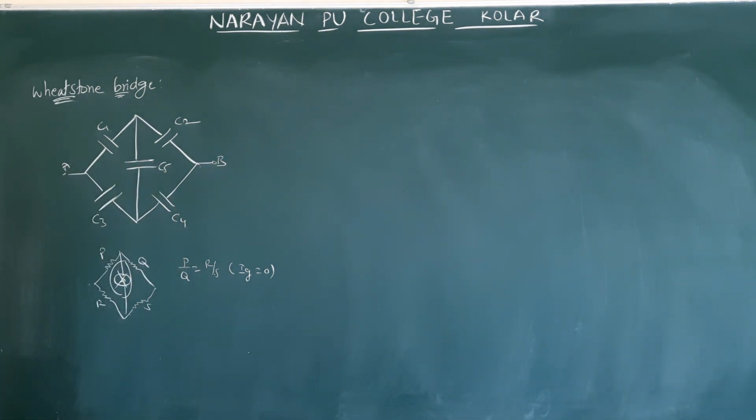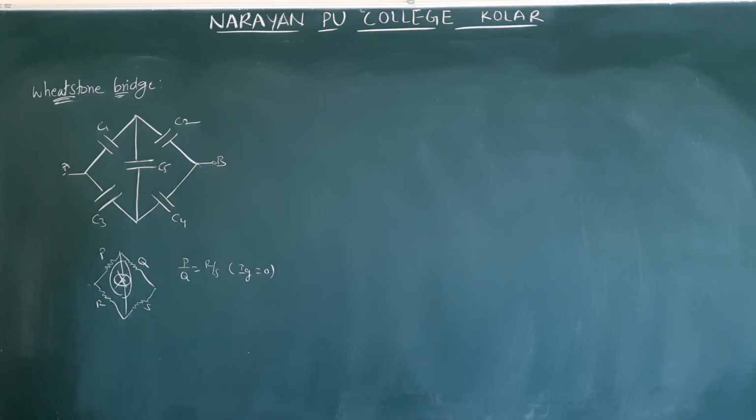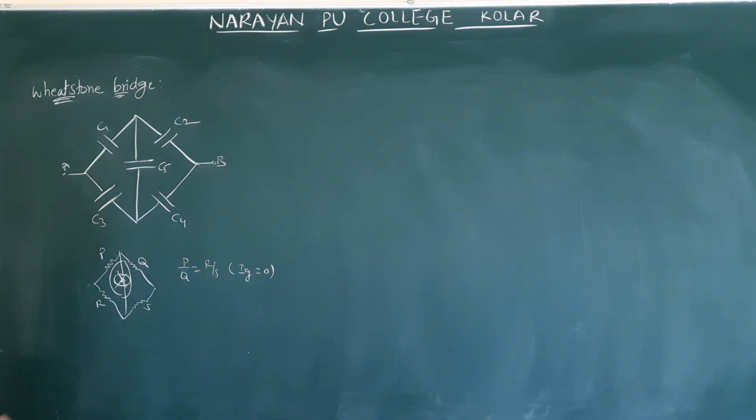We are going to see the problems. But before solving the problems, you should know the different forms of Wheatstone bridges. We will see it like this only, but there will be many forms of this bridge. Here how many capacitors are there? Finally 5. These 5 can be connected in many different ways. They gave 4 different ways there: 1, 2, 3, 4. But the first diagram they gave is wrong, so I will draw that one correctly. We will see once.